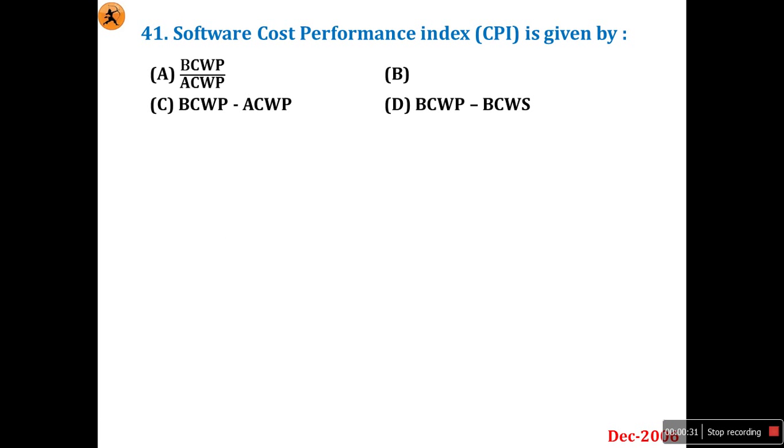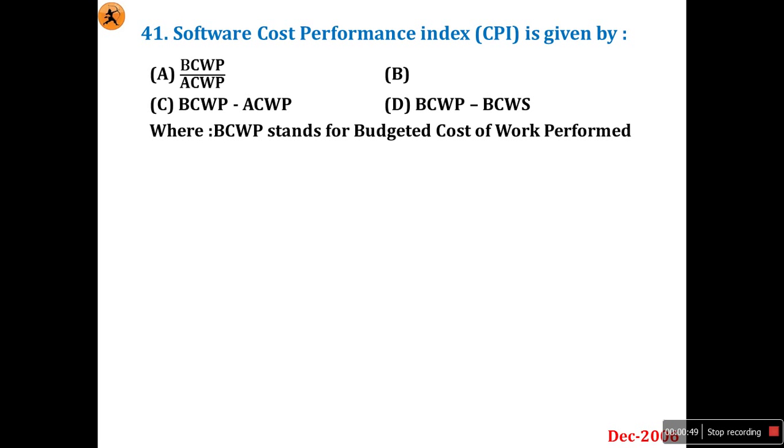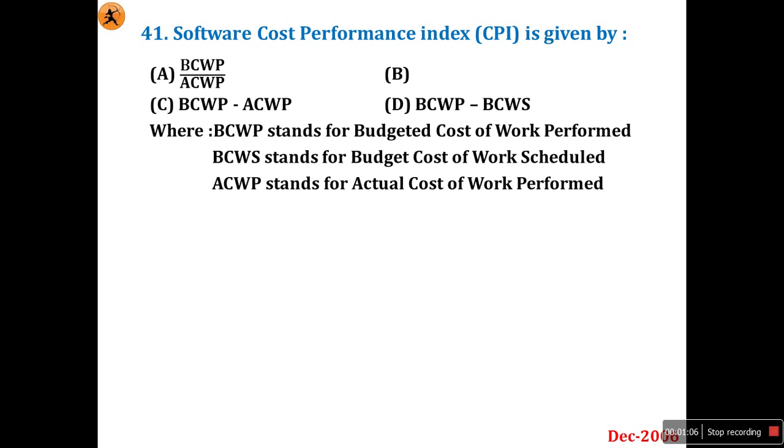Software cost performance index CPI is given by. It's very straightforward, very simple question. If you know the formula, you can answer easily. There is no hint here. First, you should know some terminology: BCWP stands for budgeted cost of work performed, BCWS stands for budgeted cost of work scheduled, and ACWP stands for actual cost of work performed. Software cost performance index is given by